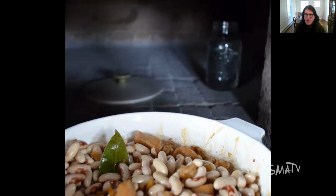Baked beans, a classic New England slow-cook thing, were put into the oven on Saturday night so as to not break the Sabbath and have them cook slowly the next night. And so